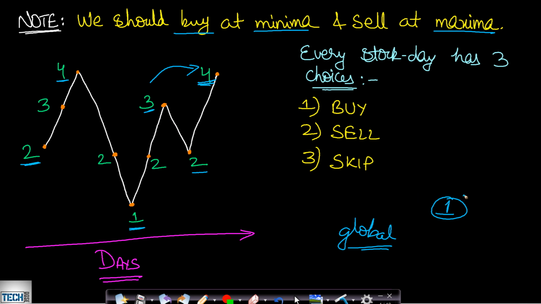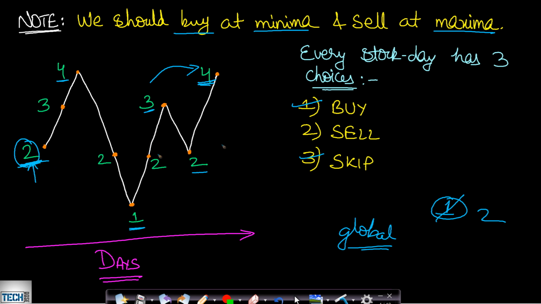But in this case you are actually allowed 2 transactions, so how do you solve it? If you look at it closely, then at a given point you have 3 choices. You can buy a stock, you can sell a stock, or you can skip the buying or selling part. So if you look at this stock number 2, that is the price on the first day, then you can buy the stock on this day or you can skip it. You can't obviously sell a stock before buying.